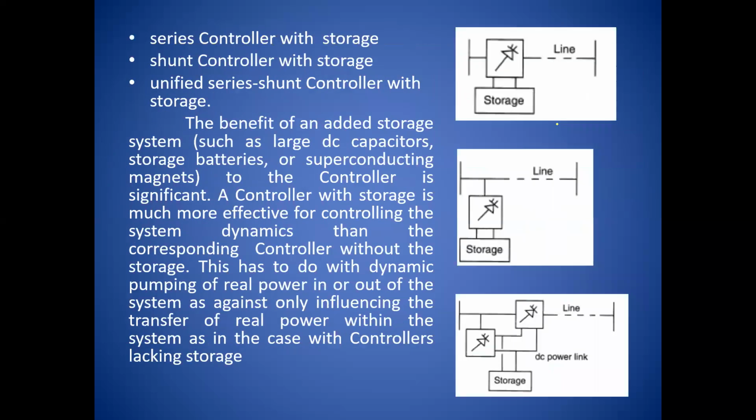Okay. Now there is one more controller: it is a series controller and a shunt controller, but it is equipped with a storage system, isn't it? And this storage system may be a battery, it may be a superconducting magnet. The benefit of an added energy system such as a large DC capacitor, you can use as a charged DC capacitor. It may be a battery storage system, it may be a superconducting magnet, because a superconducting magnet is also good for an energy storage system. And it has some different significance. The significance of this storage system either in